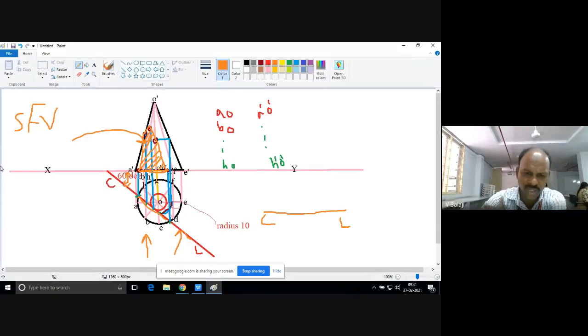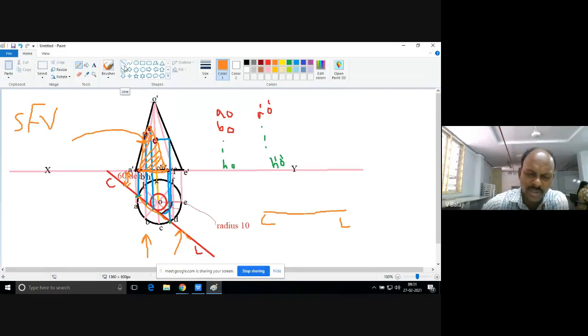Now remember this procedure. This is common for any problem. So with this we will conclude our unit. This unit will be concluded. Learn this clearly. So for getting the true shape, what we are supposed to do is, see, if you go back